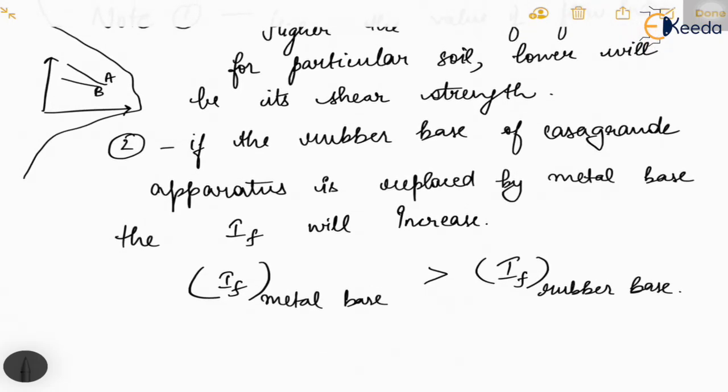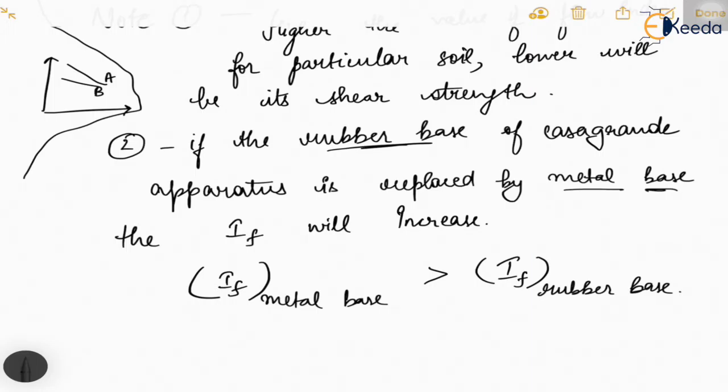Further, the examiner might also test your knowledge regarding the working of the instrument. If the base is changed from a rubber base to a metal base maybe, or some wooden base, the difference occurs in the impact force which is occurring upon the rotational movement and tapping of this bowl again and again on the base.